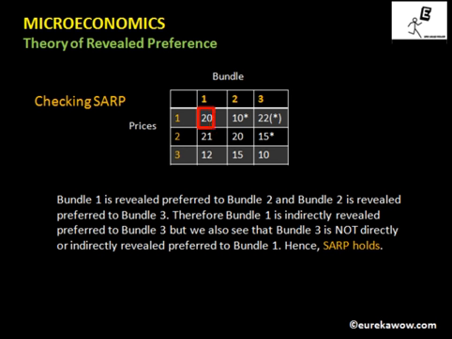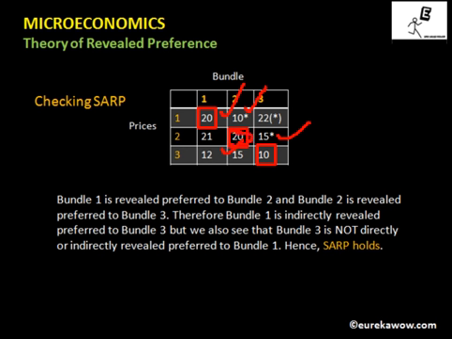Again, these are the bundles that have been chosen by the consumer corresponding to observation 1, observation 2 and observation 3 respectively. Now we will check for SARP. Clearly 1 is preferred to 2 in this case because 2 is less costly. I have put an asterisk against 10, that is why. 2 is directly revealed preferred to 3 because 15 is less than 20, and this is the bundle that the